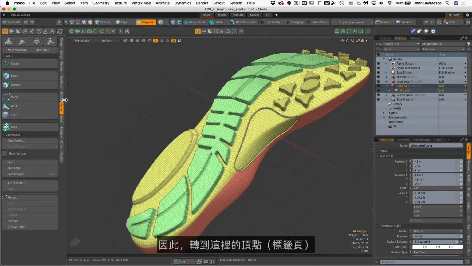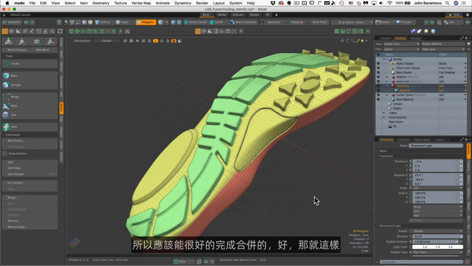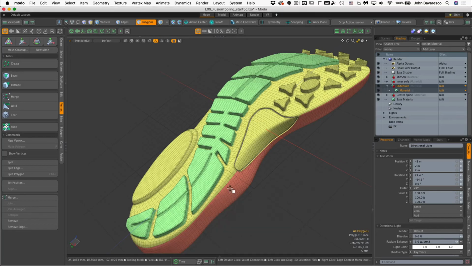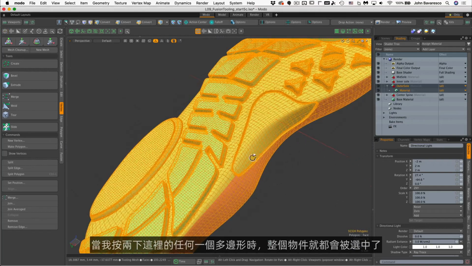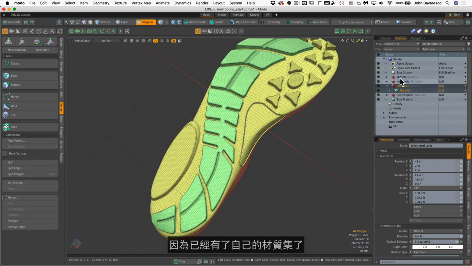So I'm going to go over to vertices here, and I'm just going to go down to merge, and I'm going to keep automatic because remember we didn't add any gaps between them, so they should merge fine. And there we go. I merged a whole bunch of vertices here. So now when I click on any one polygon here, the whole thing gets selected. So now if I need to select individual materials, I could just do that because they are their own material